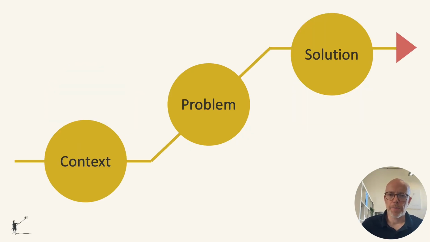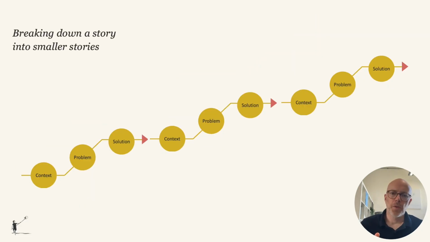Together, these 3 steps move us forward. We are actively looking for cause and effect, and these 3 stages take us on that journey. We're problem-solving animals. And often, we'll use this pattern multiple times to walk an audience through a complex piece of work. The context, the problem, the solution structure is repeated again and again.